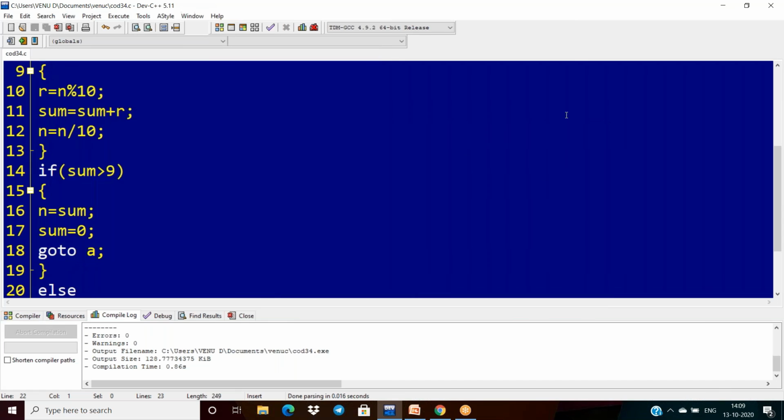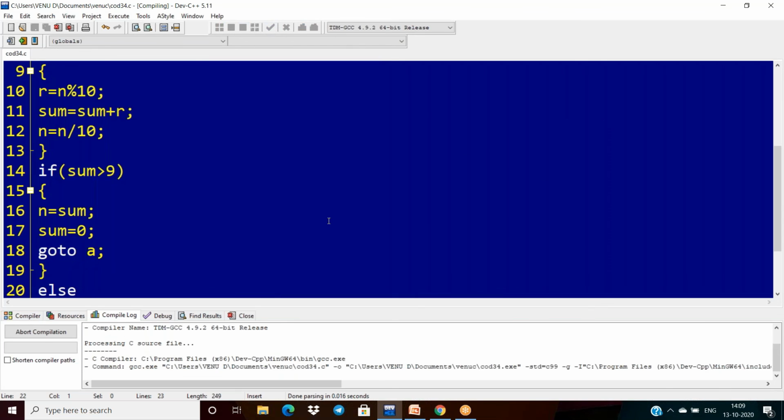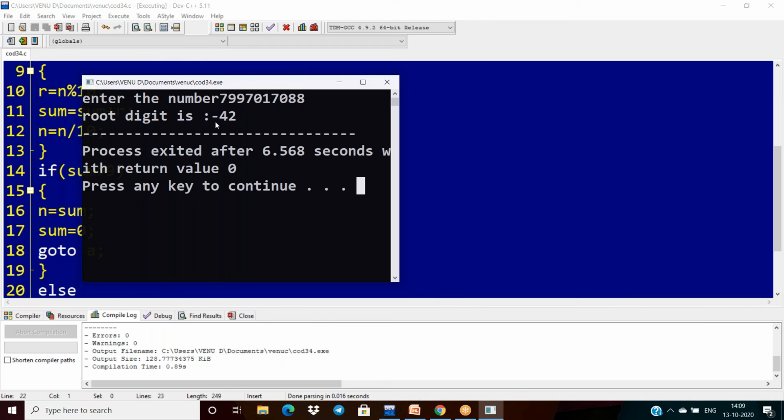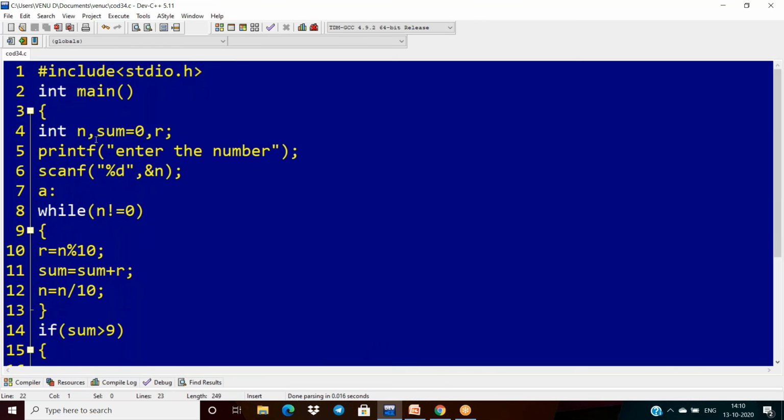Correct. But what about if I am giving input 7997017017088? It is minus 42, but wrong. Why? Because this integer range is minus 32,768 to plus 32,767.